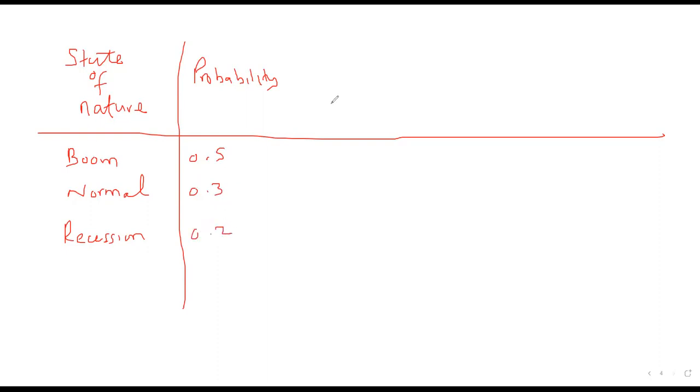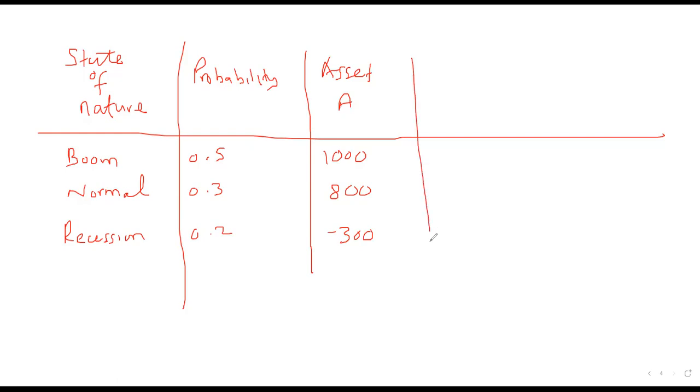And we have two assets here. We have asset A, giving you maybe returns of 1,000 here, returns of 800 here, and returns of minus 300. Then we have asset B,